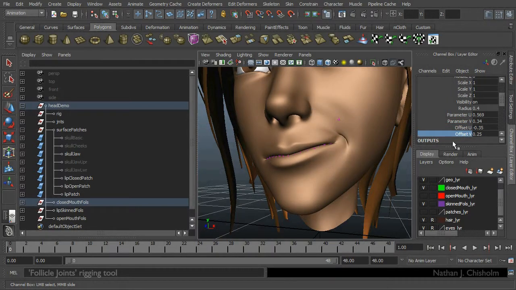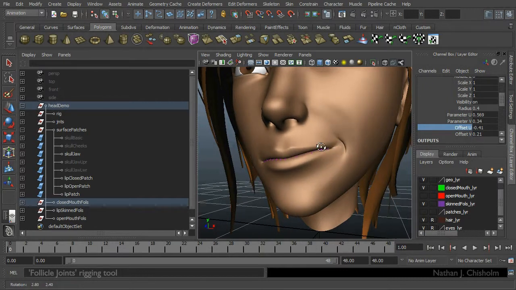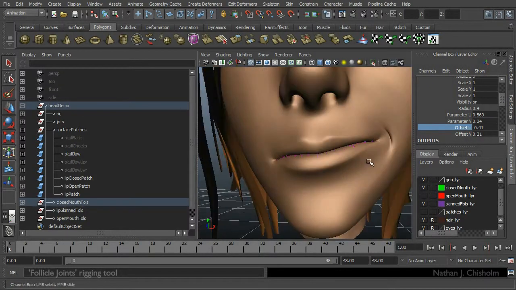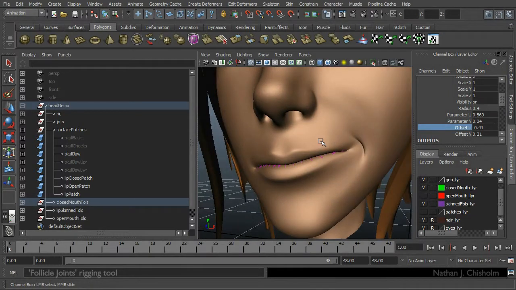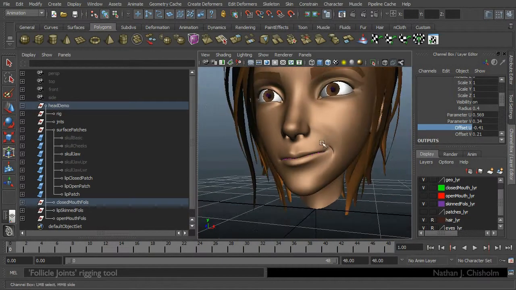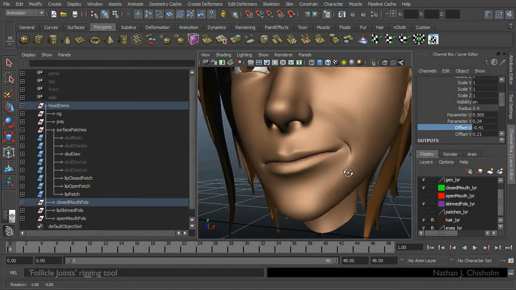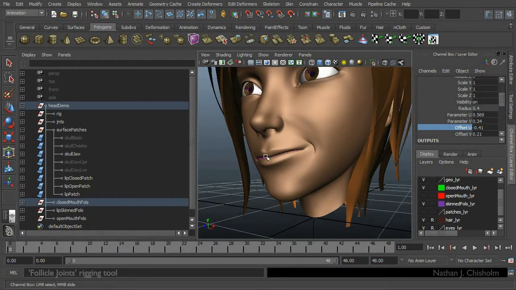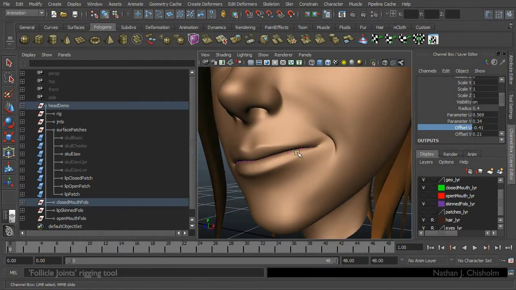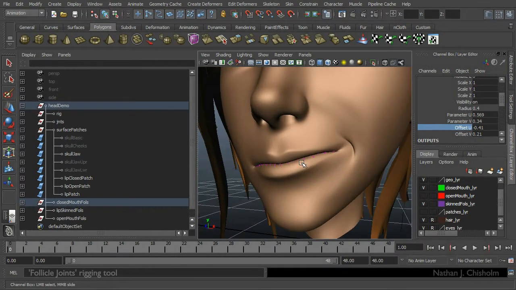Seeing the patches come through there, but you hide those. So, I didn't quite do the skeleton in the best way, but this is just a quick example. So the only skinning done was taking the weight off the upper and lower, putting it into the jaw and stuff. So the actual lips I didn't do any really extra skinning stuff too. I could do to make it a little bit better.